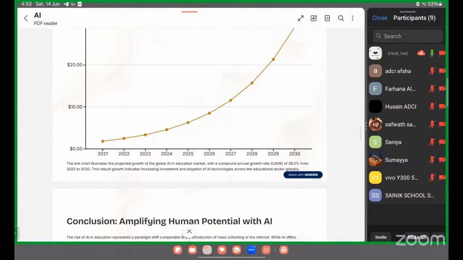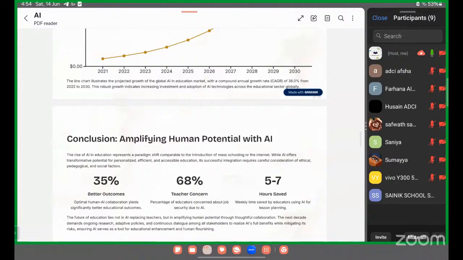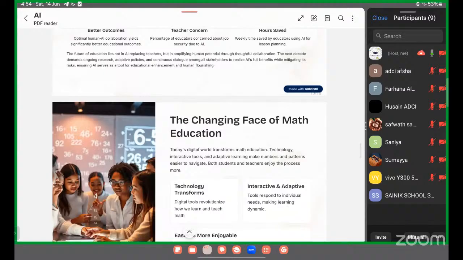So the point is how we use AI in mathematics. Right now, there are a few apps. If any maths faculty know about apps like GeoGebra and Desmos, Desmos is a graphing tool which helps to plot different types of graphs. Also, there are Wolfram and Symbolab. There are a few AI apps which can help a student to learn mathematics in different ways, changing the face of mathematics education.